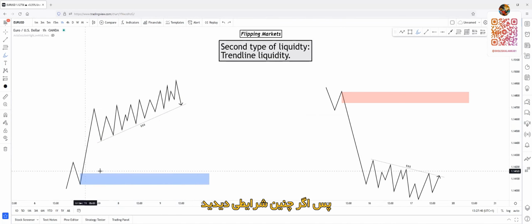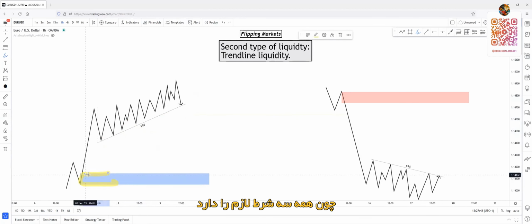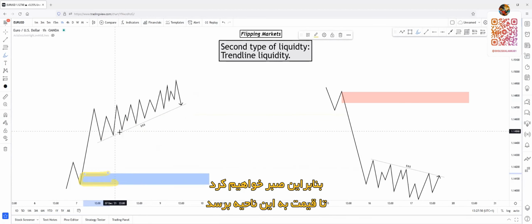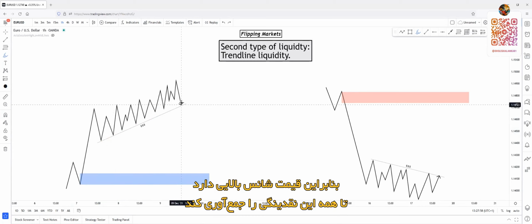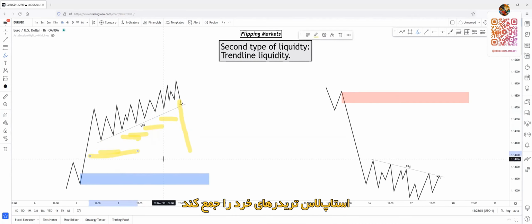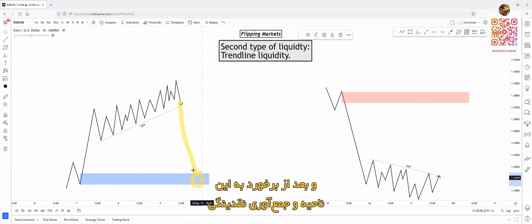So if you see something like this, and we have a really valid demand zone below the stop losses, so below this line, for example, this one, because it had all the three criteria, we will wait for this zone to be tapped and wait for the liquidity purge and the liquidity sweep. So price has a really great chance to sweep all of the liquidity from the retail traders, collect the liquidity, tap into this valuable zone, and after it tapped into this zone and swept the liquidity, you can easily, happily long trade here